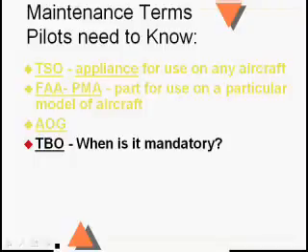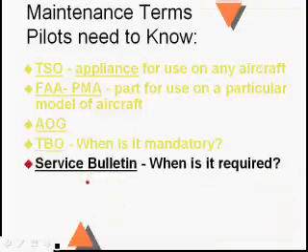However, when you're writing up your maintenance operations manual for a 121 or a 135 operation, the FAA is not going to approve your air agency certificate unless you write into your MOM that you're going to overhaul everything at the manufacturer's recommended TBO. So effectively, it's mandatory under 121 and 135. Service bulletins are put out by the manufacturer, and they have recommended things to do. They've noticed a few things going wrong with the airplane.